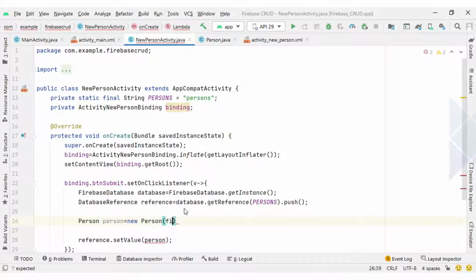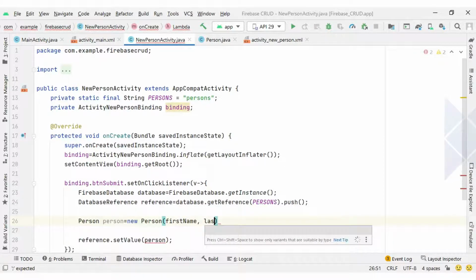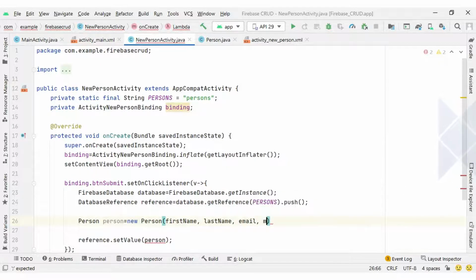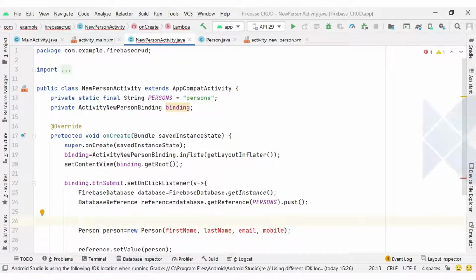Inside the person I will pass first name, last name, email and mobile, and this data I will receive from the edit text.